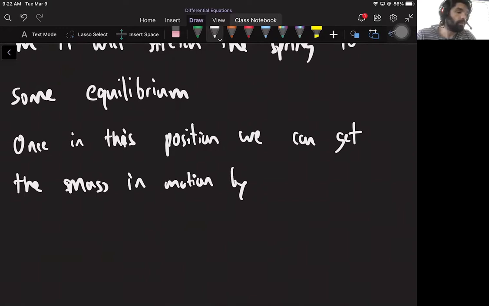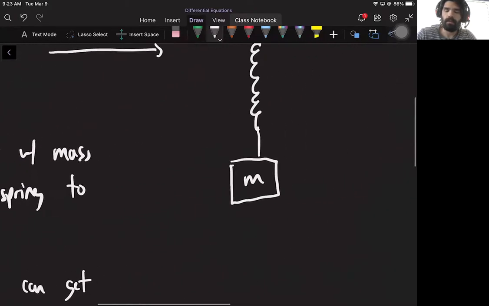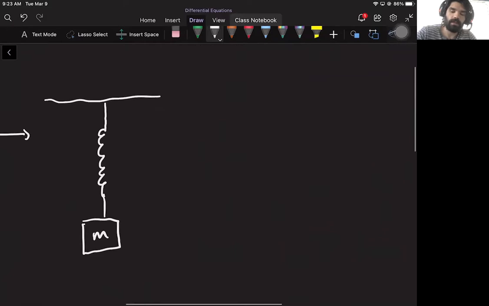Well, by either pulling it or pushing it away from equilibrium, meaning, okay, it's nice and steady right here, it just stays there. So then I can set it in motion